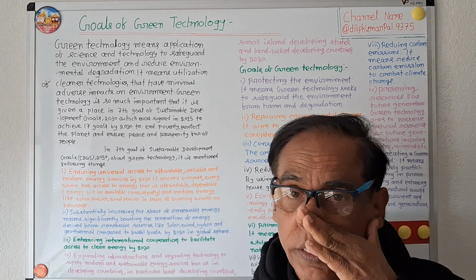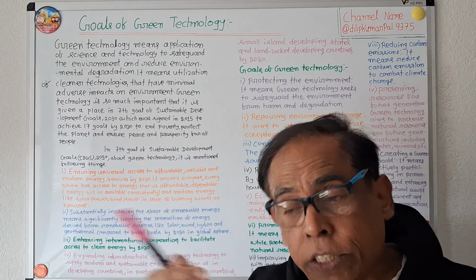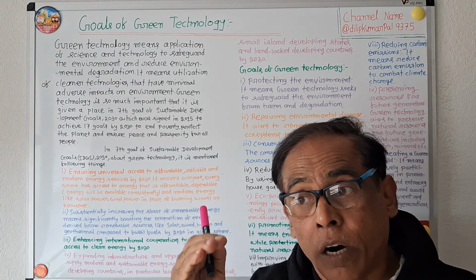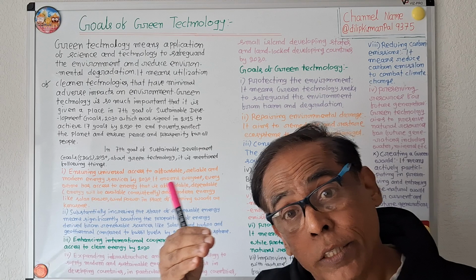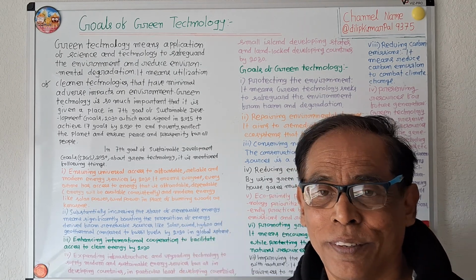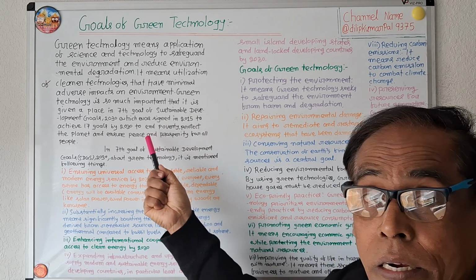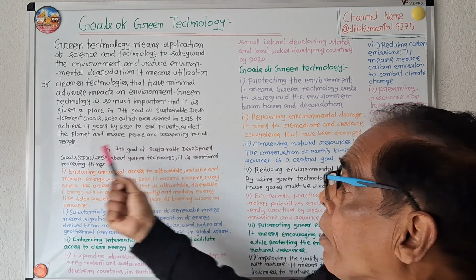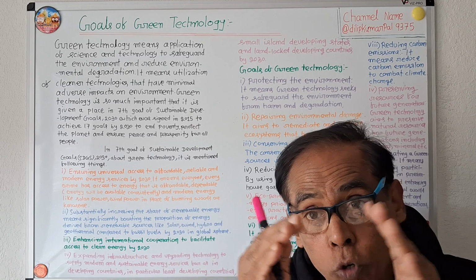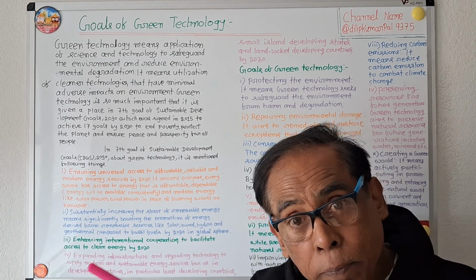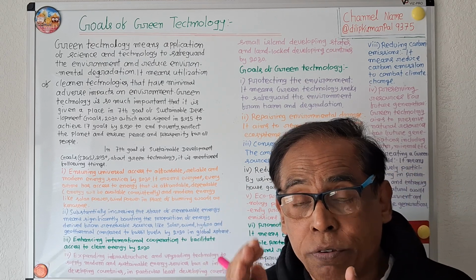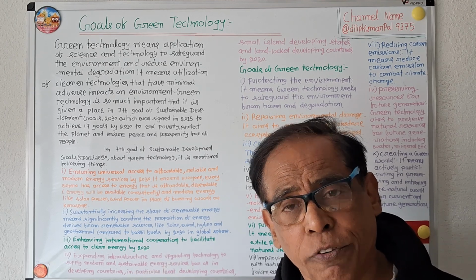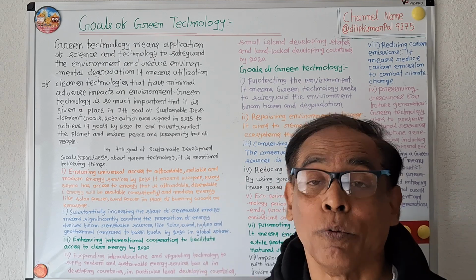Green technology is so important that it is placed in the 7th goal of the Sustainable Development Goals of 2030, which was signed in 2015 by different nations, where there are 17 goals whose object is to end poverty, protect the planet, and ensure peace and prosperity for all people by 2030.